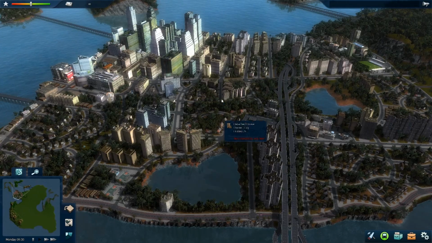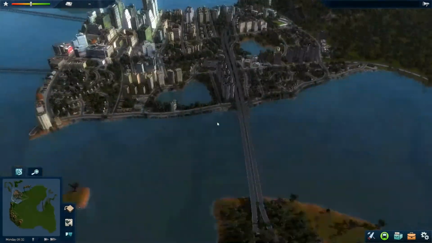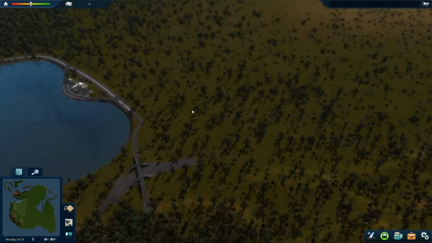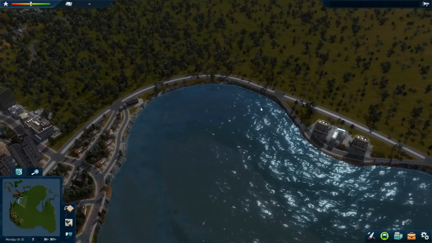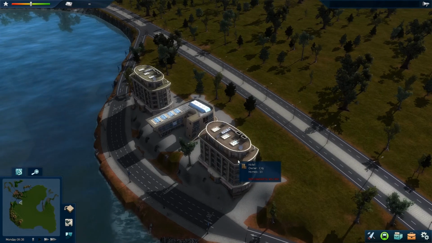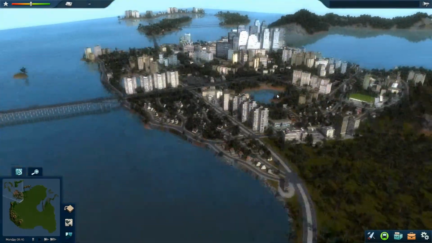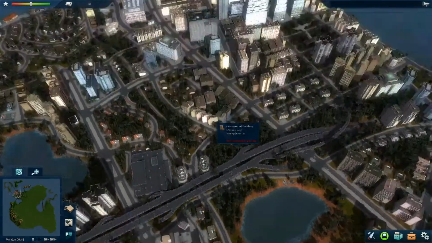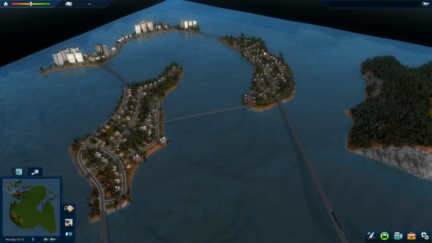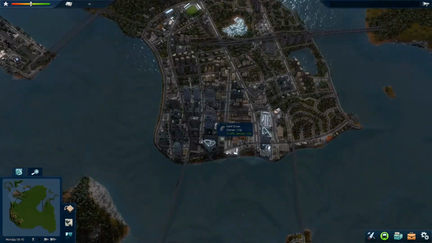Okay, what we're working with here, we have a highway here that just goes here and stops, but then goes back around. We have a museum and a hotel, and then we have these little islands up here. Okay, I'm going to build a little tram first,